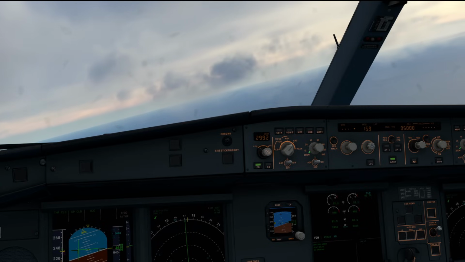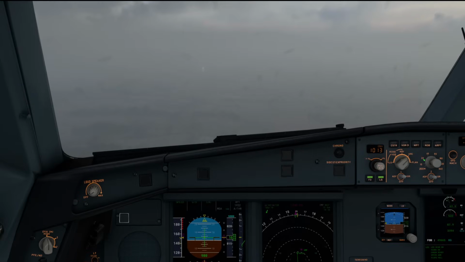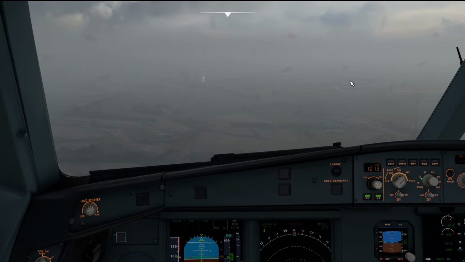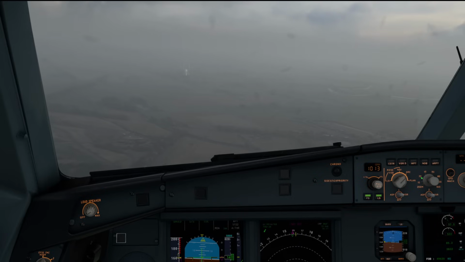Next thing to do then, of course, is see what she's like at landing. Let's have a look. So I'm just bringing her back in on runway 16 left at Rome. It's a very murky day. I've got live weather turned on. It's a little bit windy as well, slight crosswind from the right, as you can see. So I thought this was actually a pretty good set of conditions to see how this aircraft